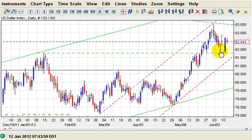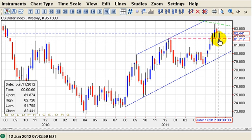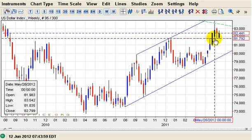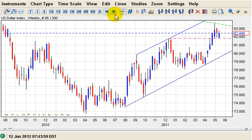where you would see that there is that particular green line that shows the support at 81 level for the US dollar index at this time. However, if you look at it on a weekly basis, it is more defined to see where the support is, and if we can get the low at 81.78, the previous low of this particular bar is at 81.83. In spite of this bearish candle bar, it is still within that particular major uptrend, where if you look at it on a monthly basis,